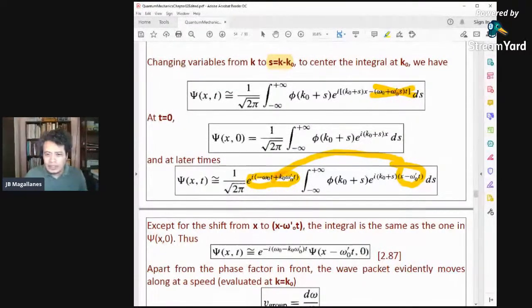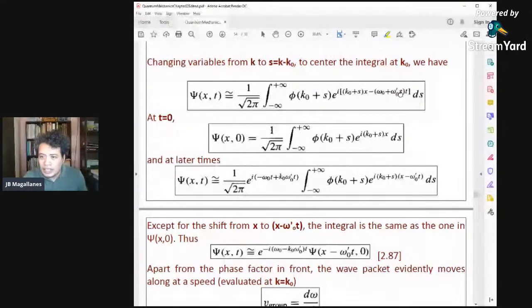So that is for the later time. You can factor this exponential out. You can factor this omega 0 t outside, and this one you can